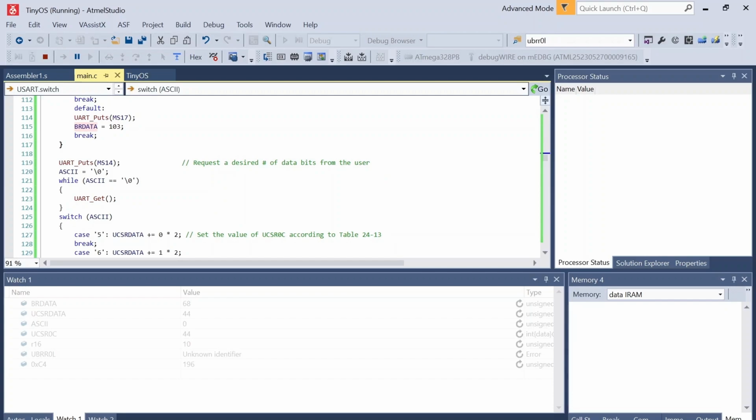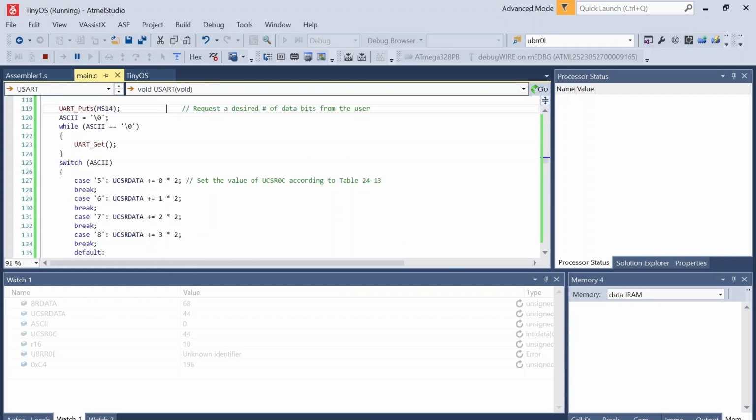And by default, it is the 103, which gives us that 9,600 baud rate. And then it asks for the number of bits from the user. And so the user can ask for 5, 6, 7, or 8. And based on that, it merely adds